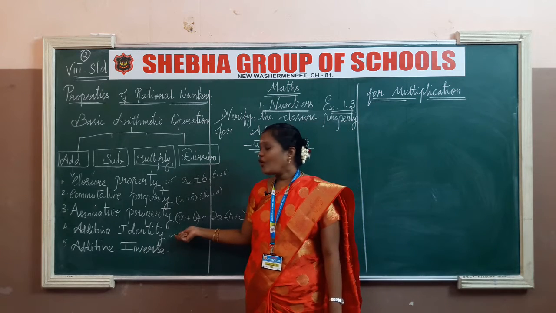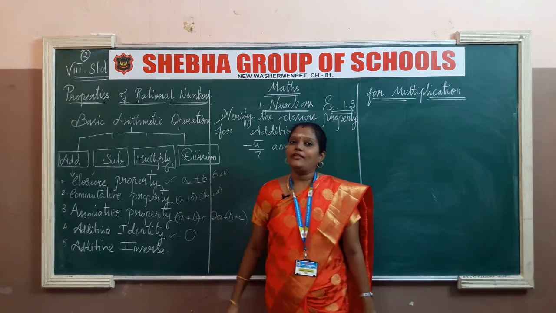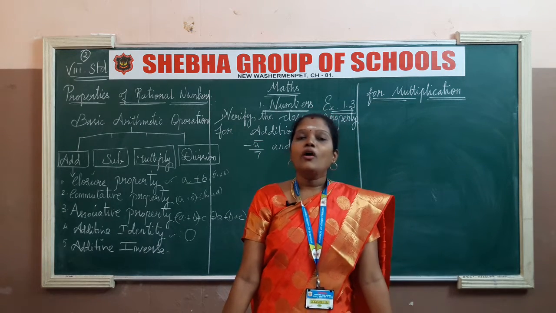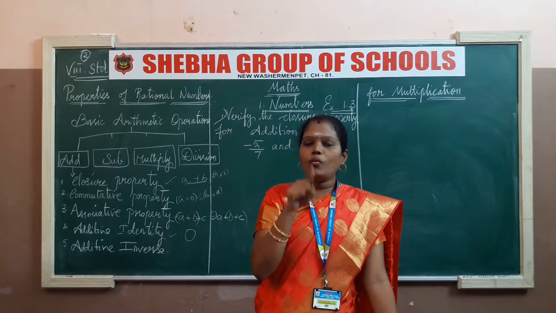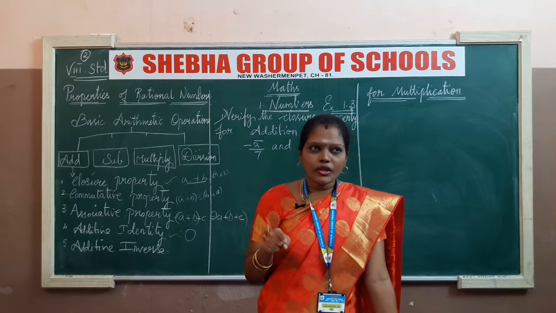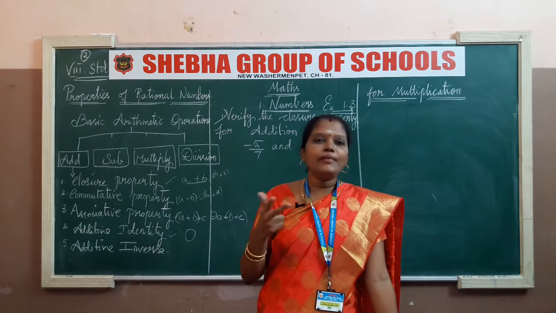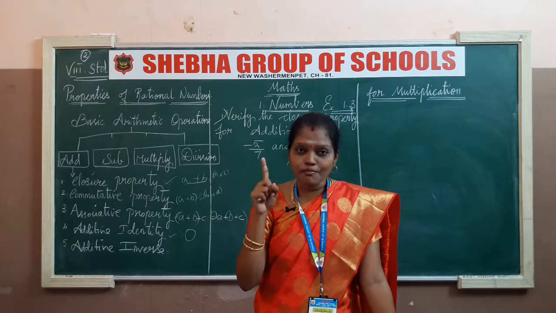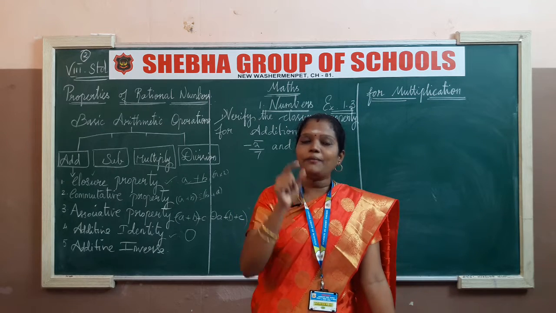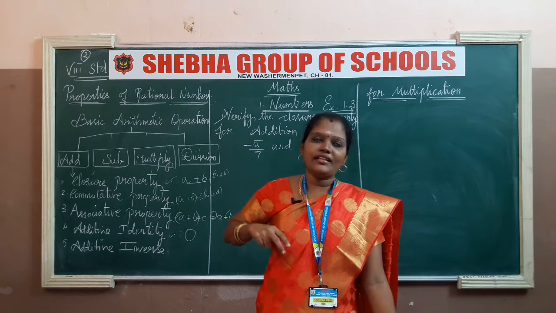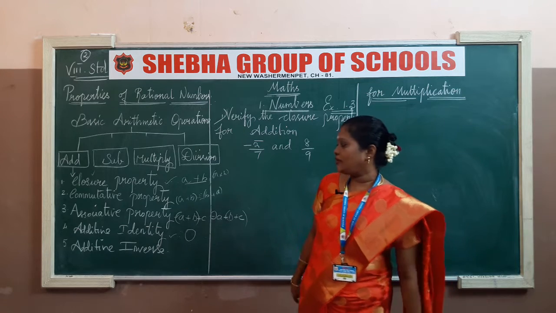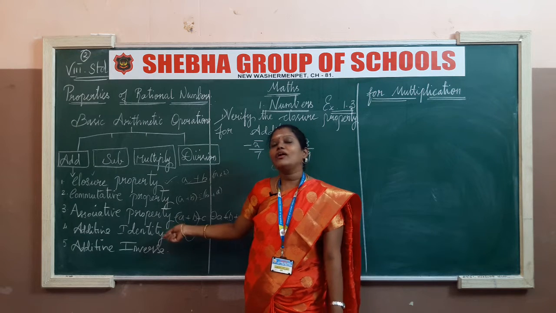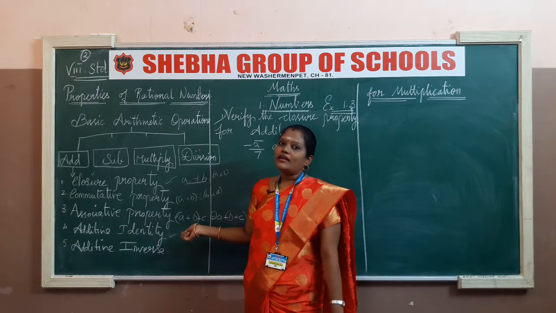The next one, the fourth one, is additive identity. What is additive identity? Identity is nothing but 0. Clear? When we are adding a number with 0, what answer should you get? Yes, surely the same number will come. 5 plus 0, the answer is 5. Minus 5 plus 0, the answer is minus 5. The answer should come with the greater symbol itself, otherwise the same symbol itself. You can use that. Okay, ma'am? Additive identity is nothing but adding the number with 0.